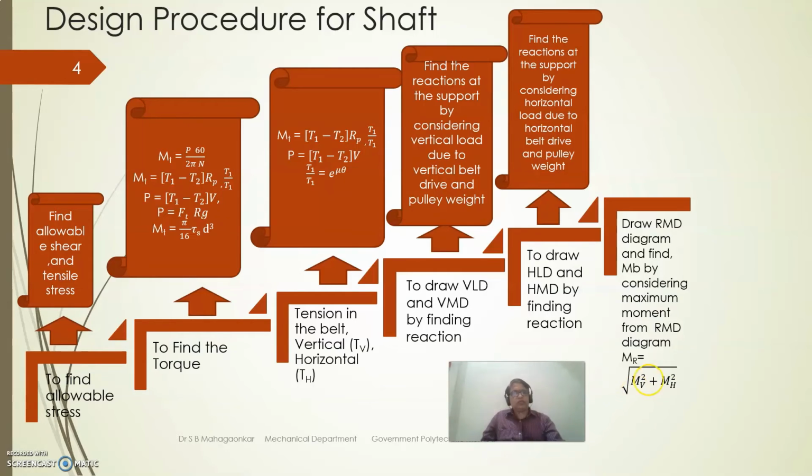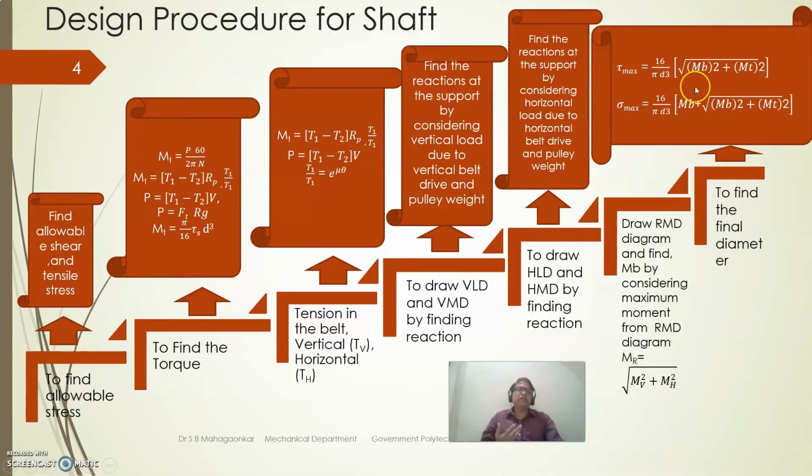So if you do it, that is the resultant, and out of that I had to find at which point, A, B, C or D, the resultant moment is maximum. That is nothing but the bending moment, right? So we have to take that as the MB factor. Once you know MB and MT, you just put the values in the equation,